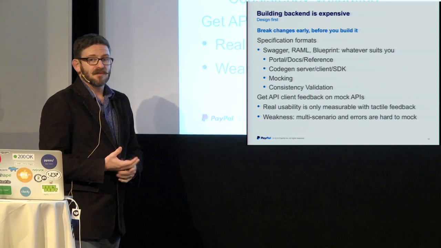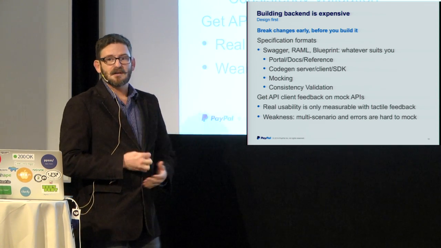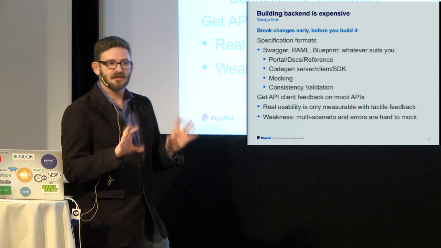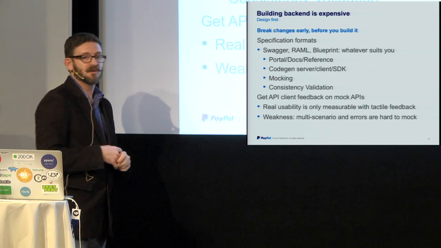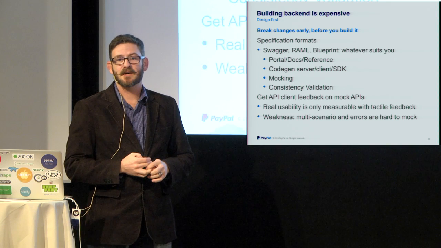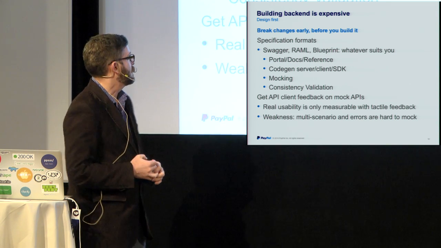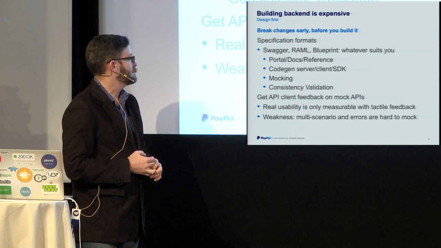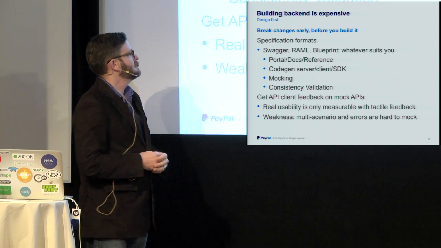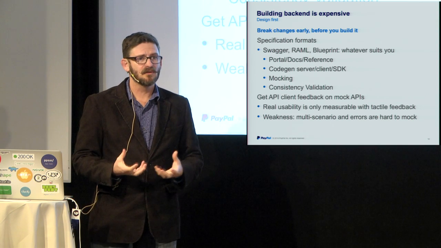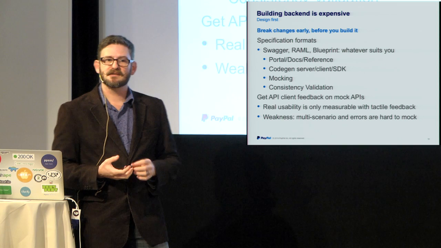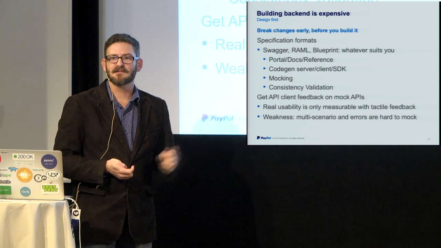It's expensive to go build stuff, and I think this is a recurring theme across the conference here, that design first is starting to finally take hold. And I know there are certainly a number of resistors out there who want to build it and spit out specs, but it's a lot cheaper to invest in specs first and iterate on it. I think this is an area that we're going to work on a lot soon, this notion of mocking APIs, but I'm a huge fan. The only real measure of usability is writing code against it. And you can't write code against an imaginary API that's sketched down in somebody's notes.